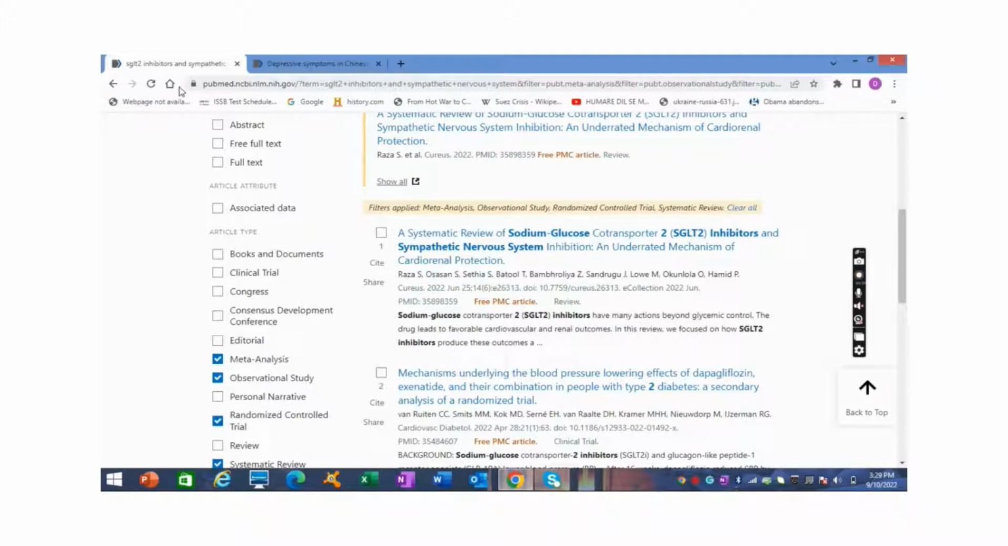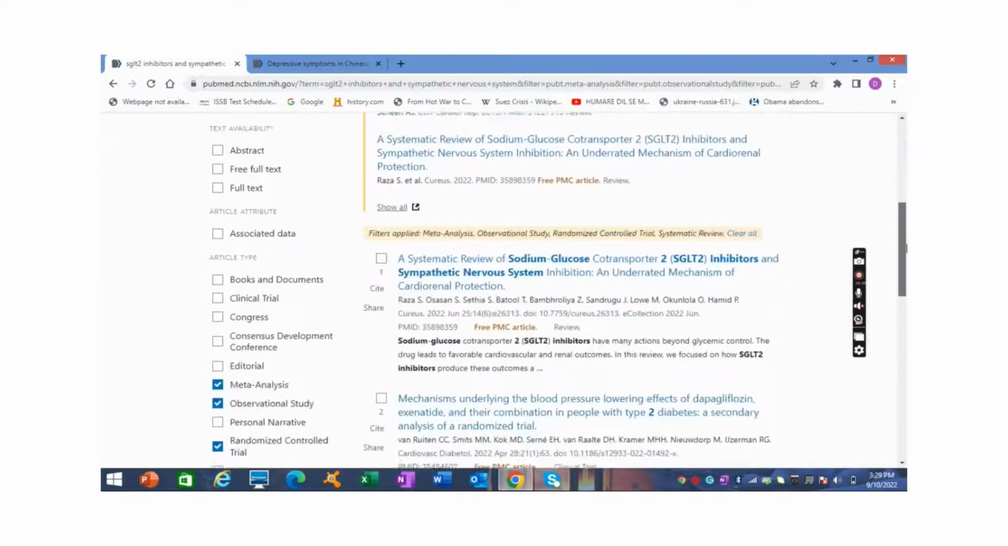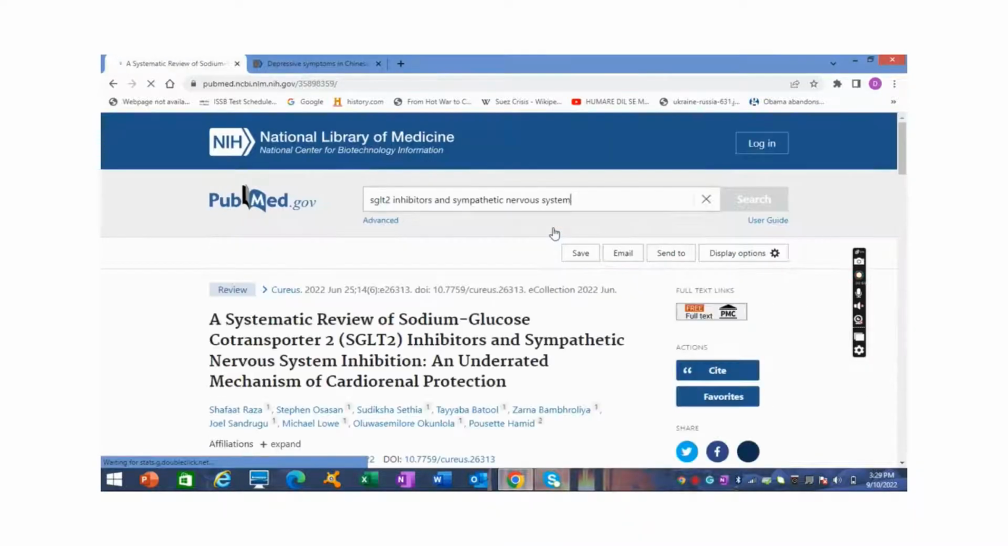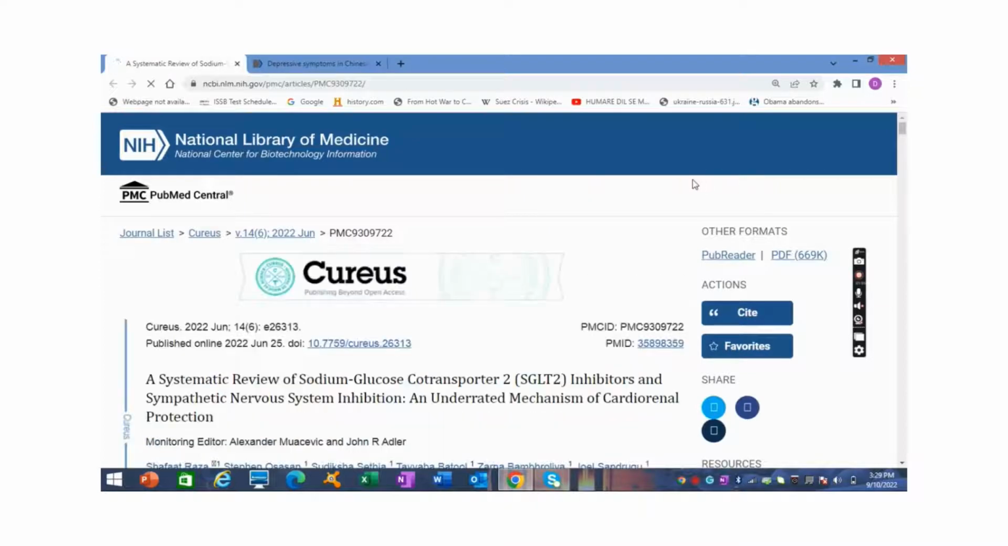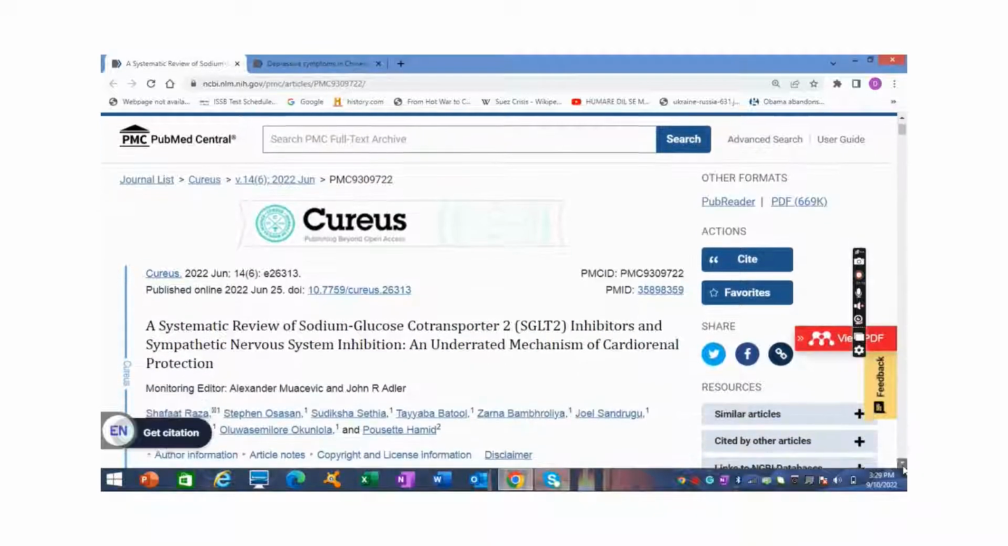So here I am at the PubMed, the largest database of medical research. So here I will open one of my recently published article. Here it is. I will go to the full text instead. So now see, this was my research paper. It's actually a systematic review which was published this year, and